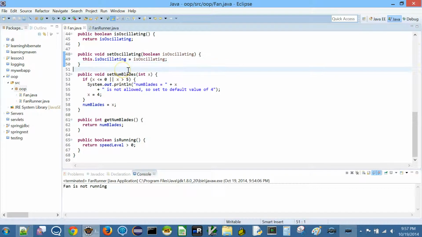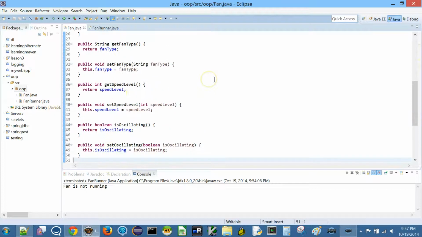Now Eclipse does not know what constraints we need to set, right? For example, something like this, Eclipse does not know. All Eclipse is going to do, if you let it create the speed level setter for you, is just say whatever is passed is going to be speed level. So we need to ensure that speed level is in a valid range.